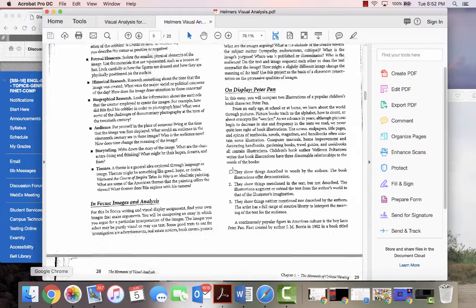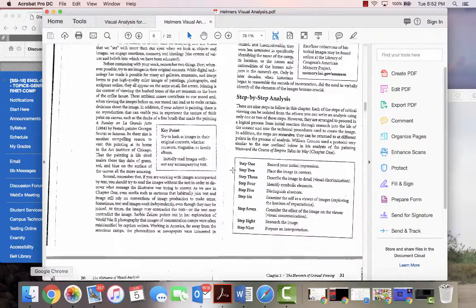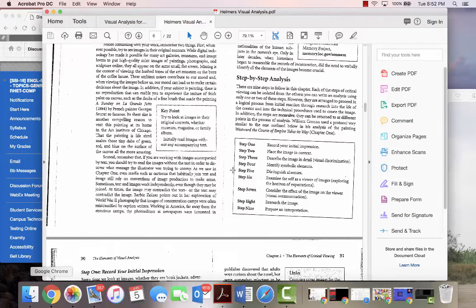And so I'm not going to go over the whole thing, but I'm going to talk about some parts of this, and then I'm going to take an image and actually do a little bit of the analysis with it. Okay,